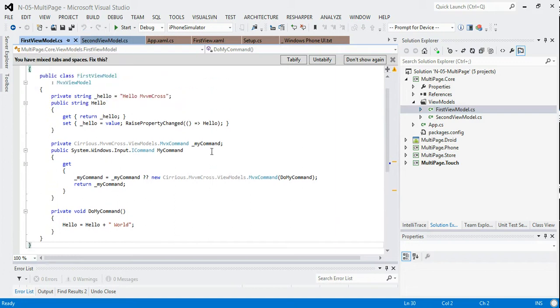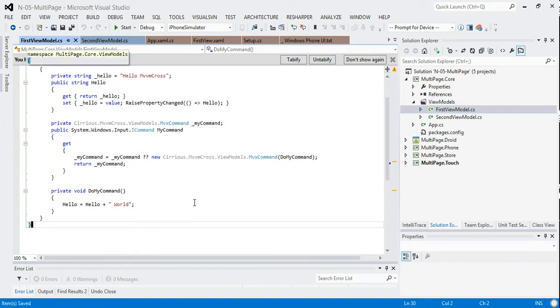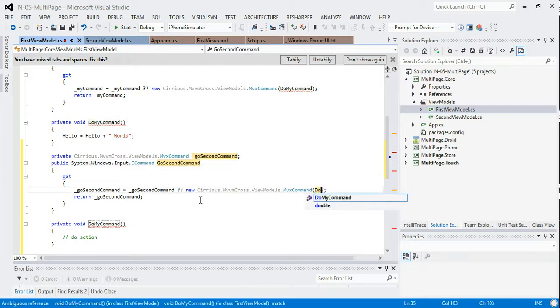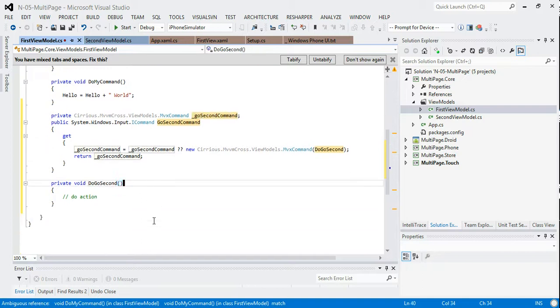And the answer is that we're going to add another ICommand. So let's just add that in. And so we're going to add it here, and I've got my snippet for CMVX. And this ICommand we're going to call go second command, because it's going to go to the second. So go second command. And so we're going to call it do go second. Obviously you can use a shorter form of this if you don't want redundancy all the way through. And so this sets up our go second command,